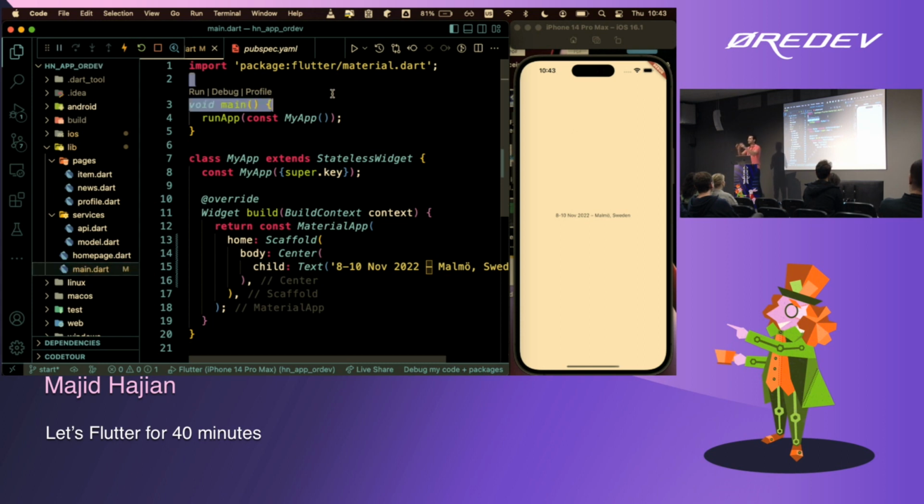In any Dart language, 2 minutes, let's get familiar with the Dart language. So in any Dart project, if you want to have an executable file or a file that can run your code, you need to start with a main function. Everything inside the main function will be executed. Everything outside that will not be executed. Therefore, in Flutter, there is one main function which is in main.dart. One main. And everything will go under that. There is no other main in Flutter. So that's it. That's the first thing.